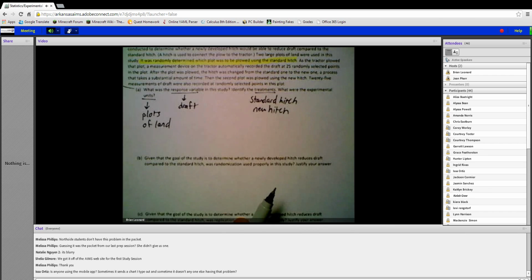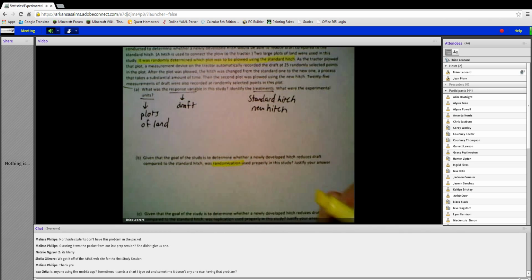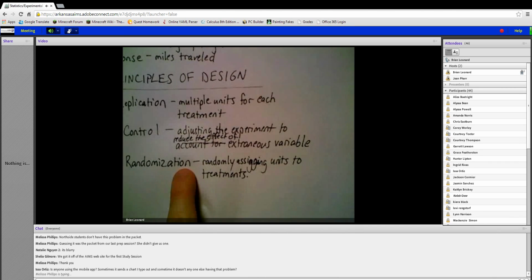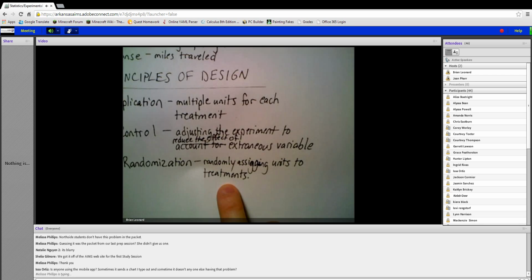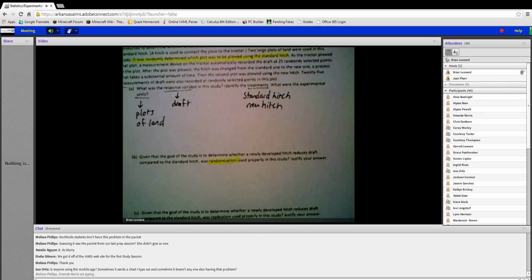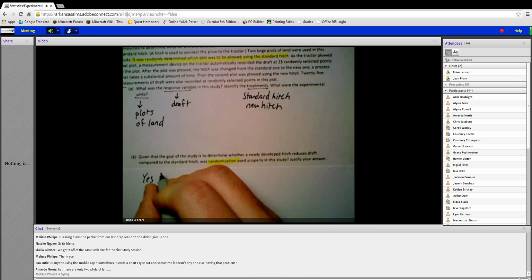So, let's go to letter B. Given that the goal of the study is to determine whether a newly developed hitch reduces draft compared to the standard hitch, was randomization used properly? Now, here's a temptation of students: we know what randomization means. I mean, we talked about it earlier. Randomization is randomly assigning units to treatments. Well, so it might be tempting to say randomization was used, and we might want to answer this as yes,